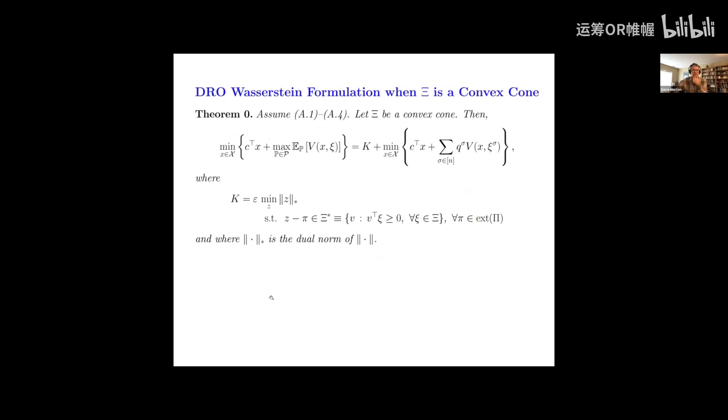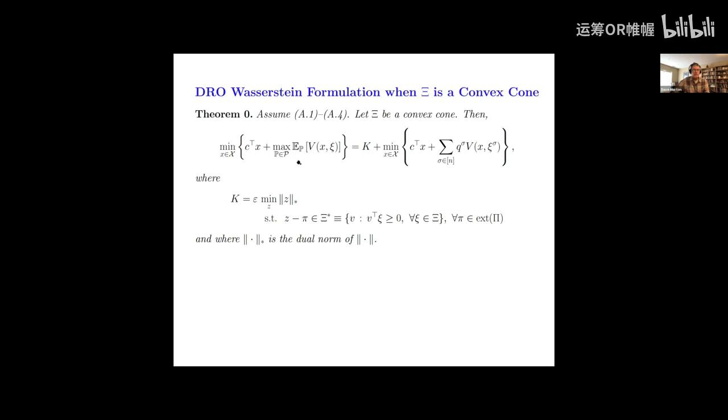Okay, so here's the theorem that generalizes that notion. I haven't said what these assumptions are, but I'll tell you what they are in just a second. So instead of C being all of R^m, instead we could take C to be a convex cone, think like the positive orthant, for example. And this theorem, it's really a negative result. So maybe it should have been like theorem -1, but